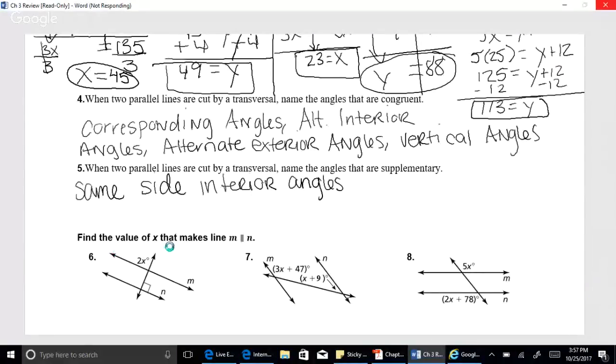Okay, find the value of x that makes m parallel to n. Okay, so we want to make m and n parallel. Well, if this little section right here is 90 degrees, then I know that the box right here